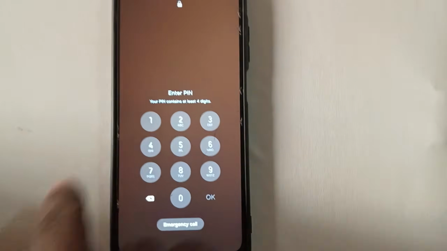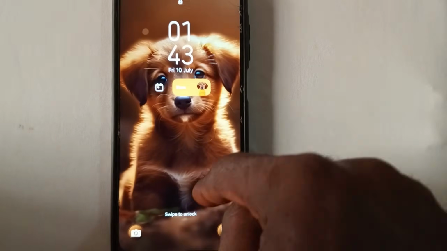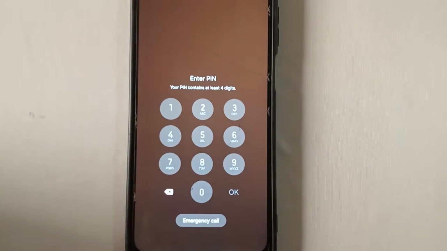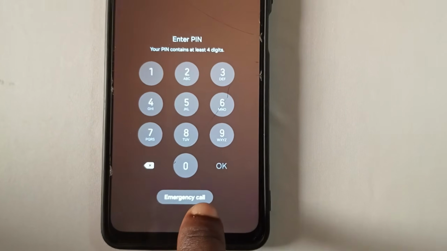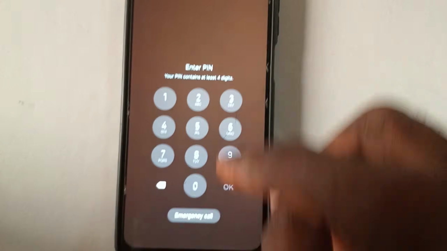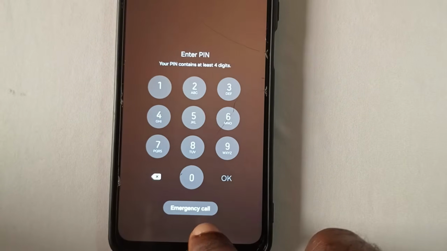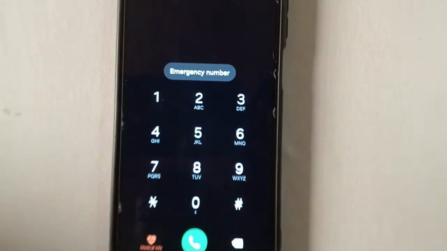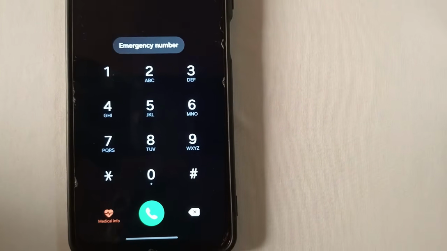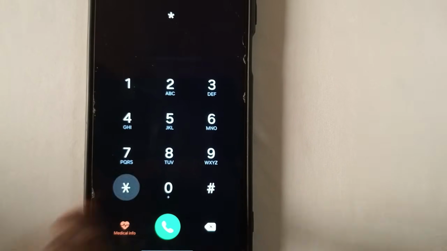Let's get started, guys. In your Android phone, go to the PIN section. Look below or in some phones at the top, you'll see emergency call or emergency center. Tap on it. Once you tap on it, dial this code I'll give to you,